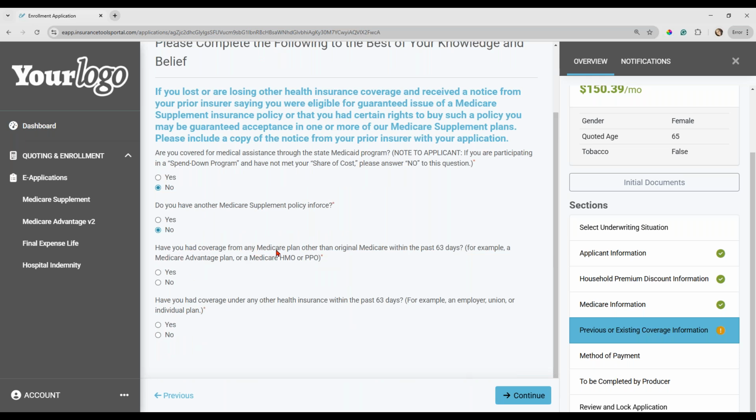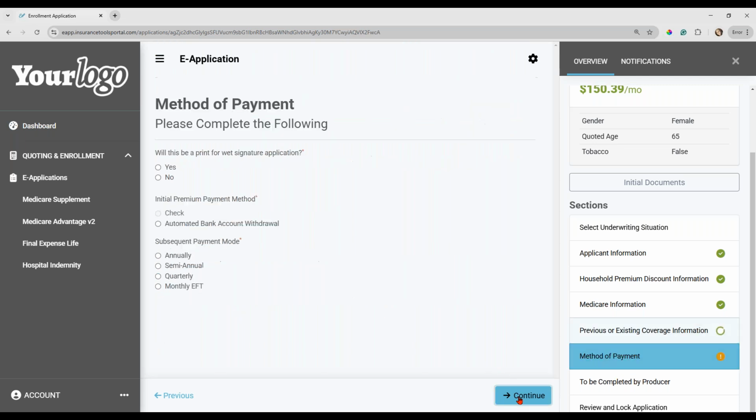Have you had coverage for any other Medicare plan other than original Medicare in the past 63 days? I know we had a lot of Medicare Advantage clients look at Medicare supplements because they were terminated. Their plan was terminated, so they had a guarantee issue period. So if your client was that particular case, that's where you would select yes. Have you had any other health coverage? If they did have, like, coverage coming off a group or an employer's plan, that's where you would select yes there. So again, depending on how you answer those questions, you would have additional fields that would populate for you. Then we can hit that continue button, and we've gone on to the next section, which is